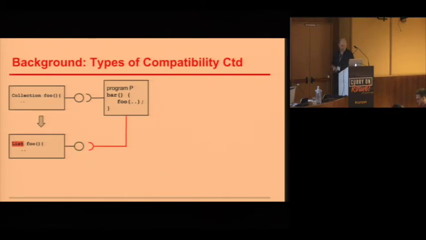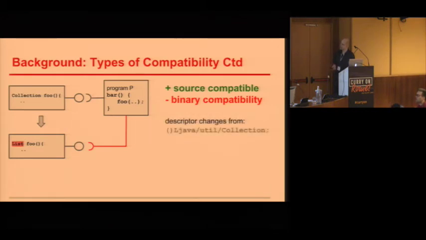And indeed, if you compile this, that is actually exactly what happens. You can recompile a program with version 2 of the library. However, if you just replace the binary, then you suddenly have an error, manifested by a so-called no such method error. The deeper reason that you get this error is that at the call site, the method reference is represented by what's called a descriptor, a combination of parameter types and the return type. And of course, in this case, the descriptor changes from the first line over here to the second line that has the new return type.